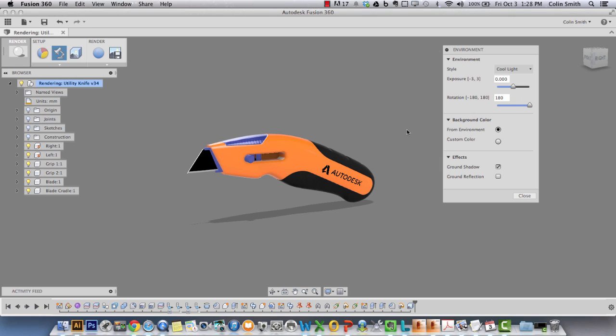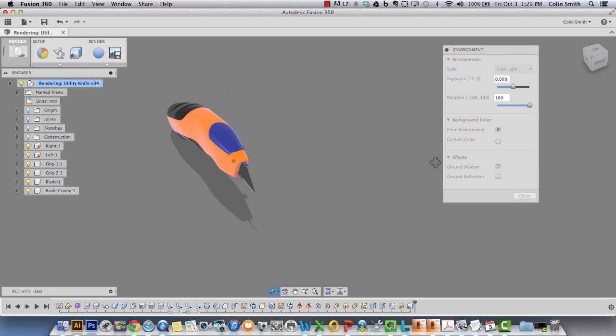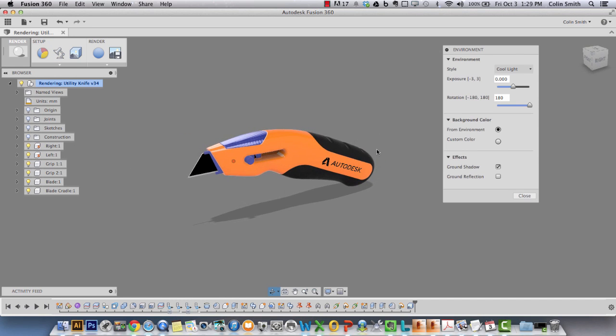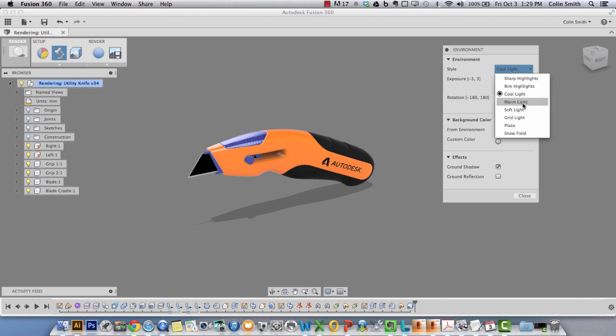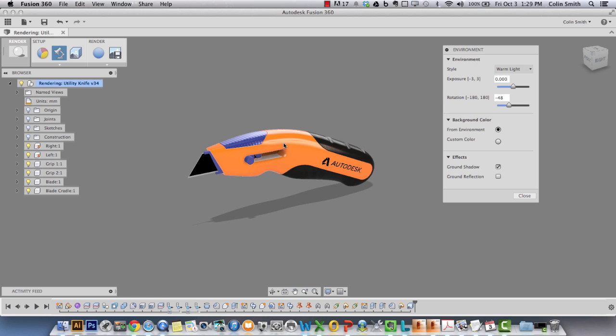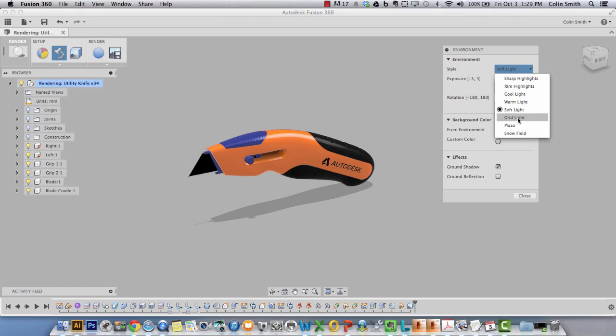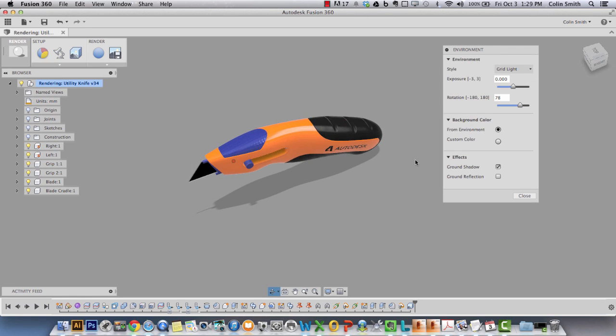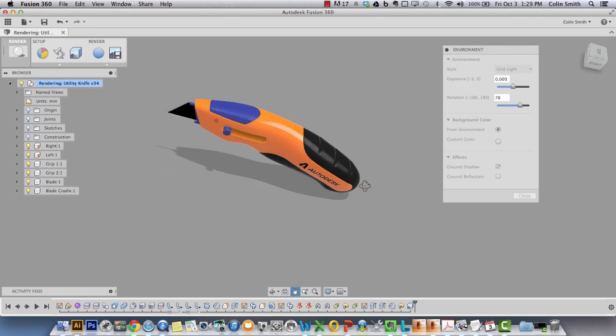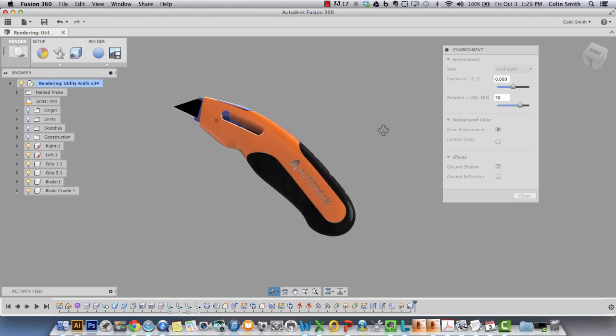So a cool light gives you a little bit different look, and you can see this is more projected downwards. You get the shadow right underneath. Warm light is similar, except it adds a warm light, different color light in the scene, a soft light, and a grid light. So there's a number of different lights to choose from, and